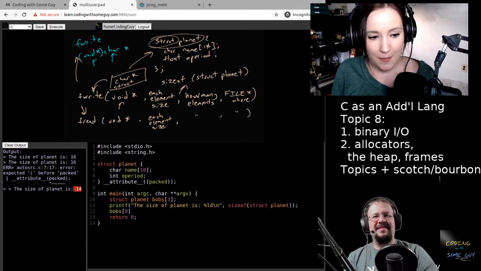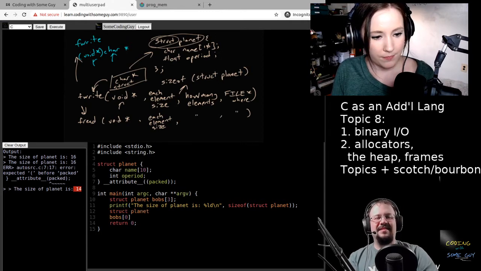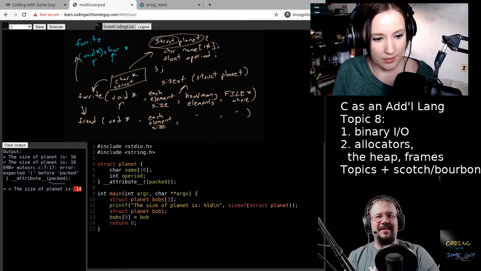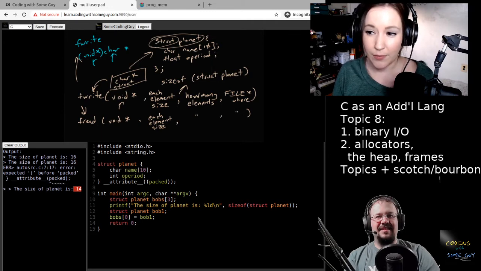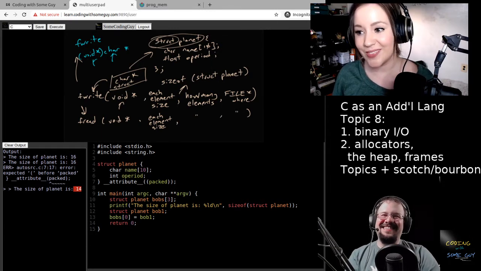Actually, hold your horses. Let's say that we've got a Bob 1, a singular Bob, and so we can say that this is Bob 1, right? No. No. Well, there goes my understanding.